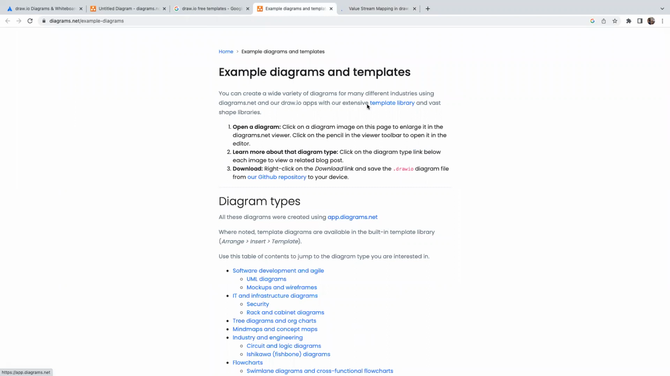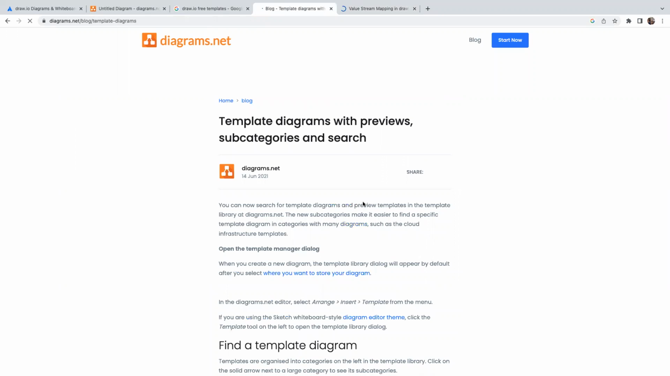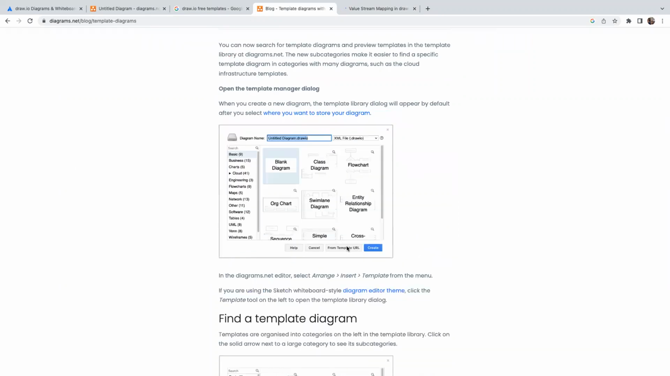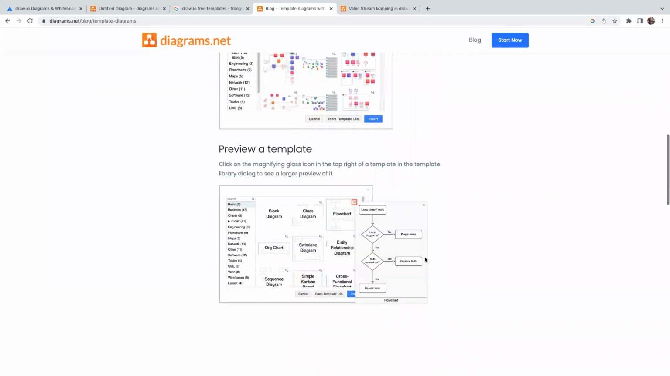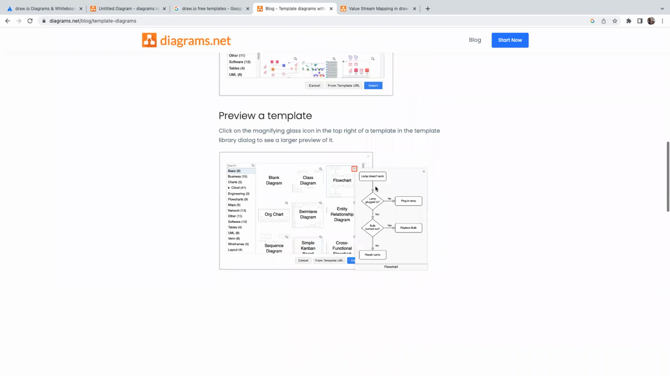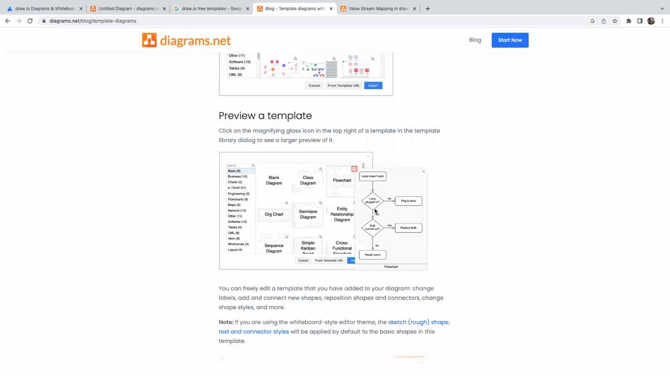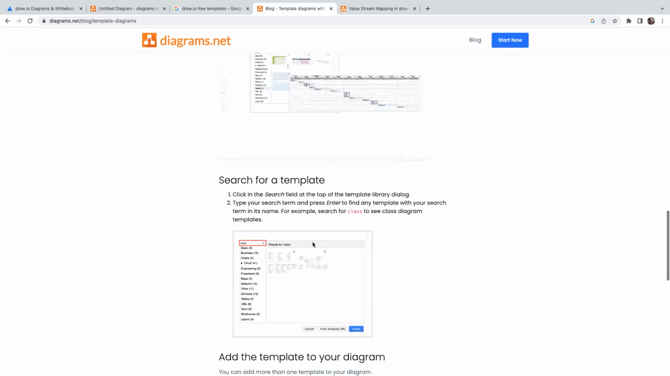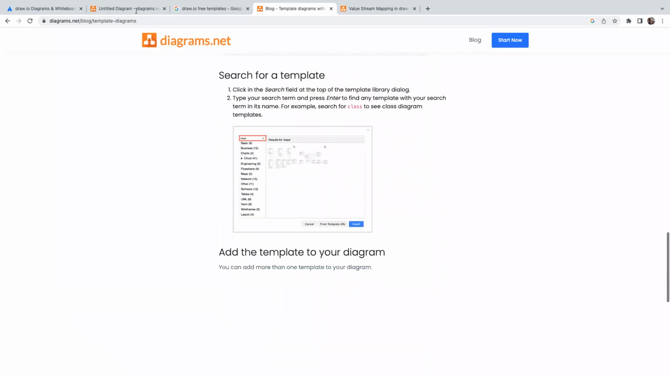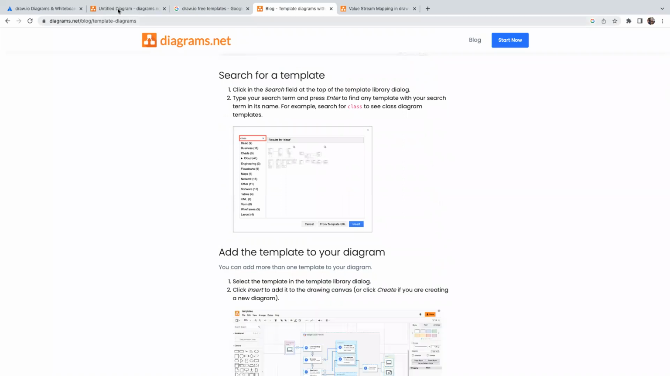So example diagrams and templates. So this is the template library. So you will find these as already created templates. You can copy them and paste it into your